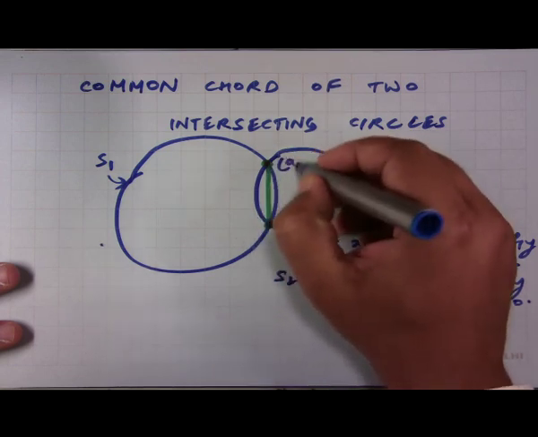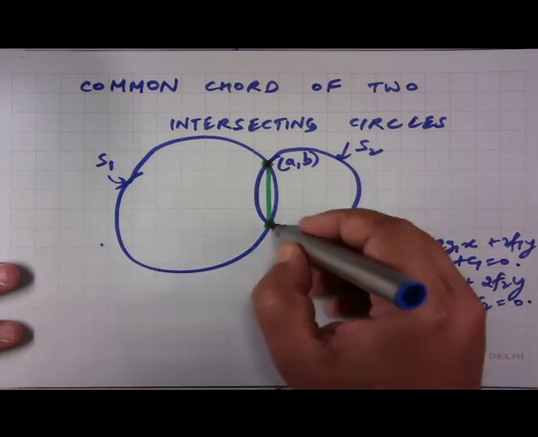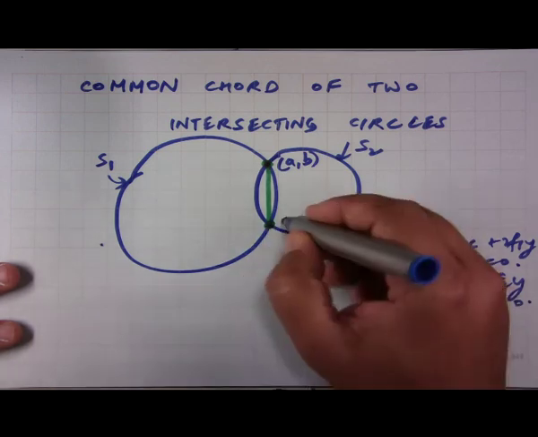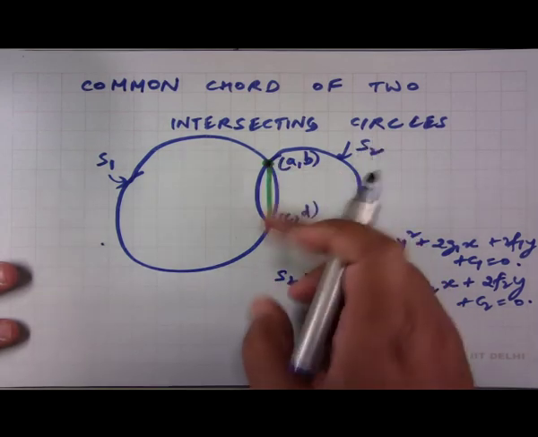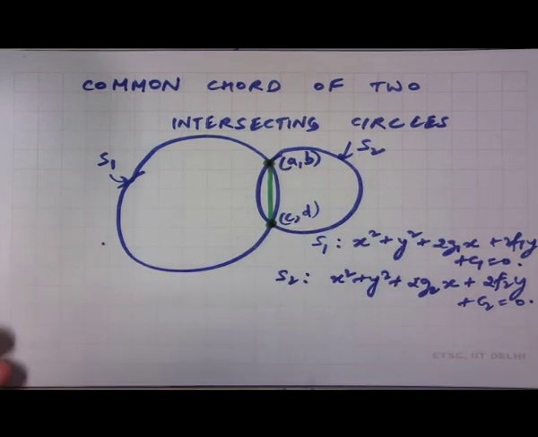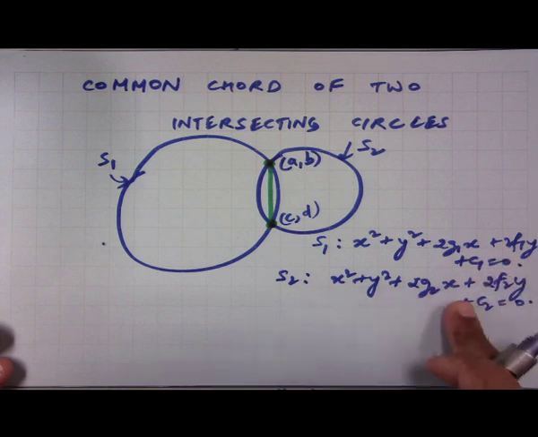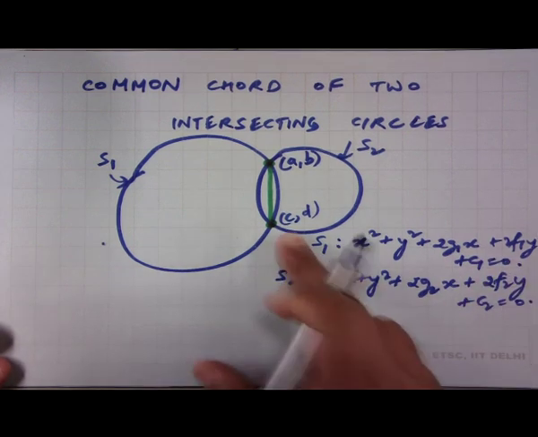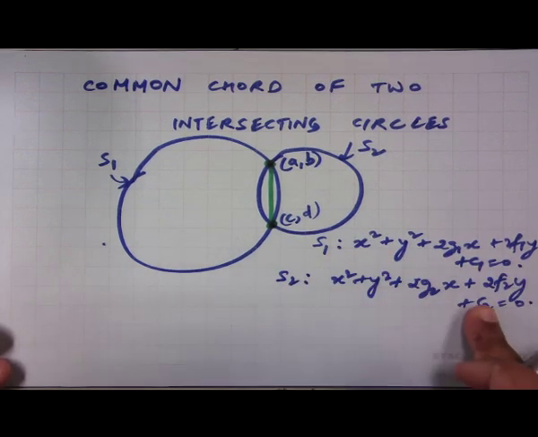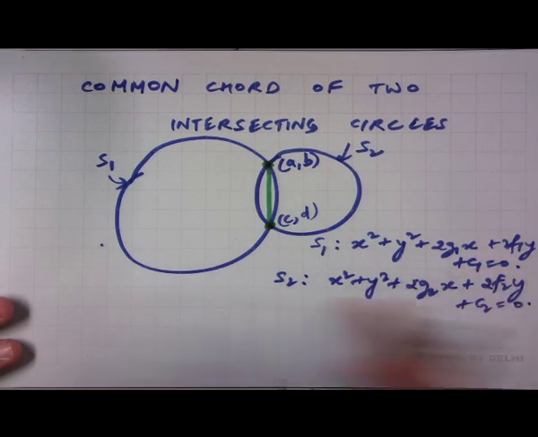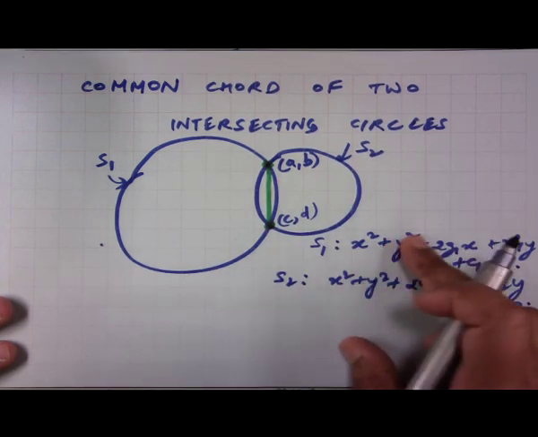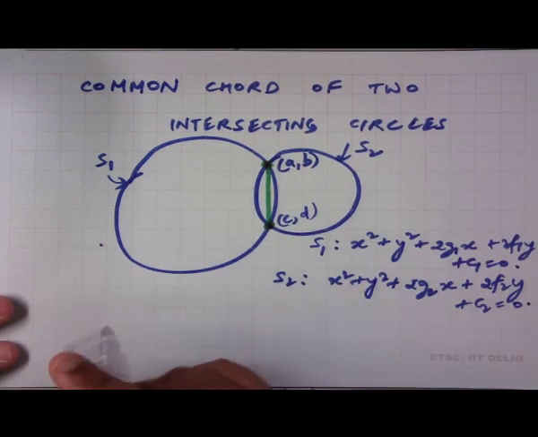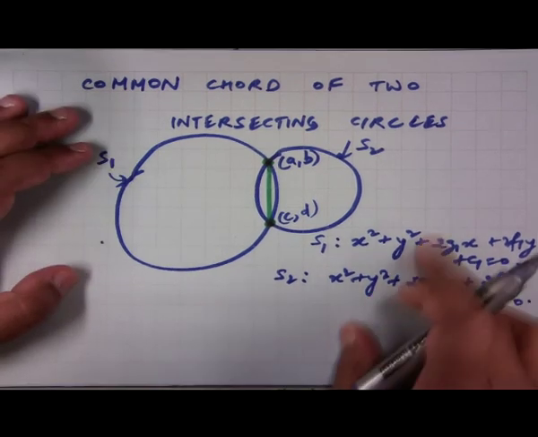for this point it is a comma b, for this point let us say it is c comma d. So, both these points a comma b and c comma d will satisfy these two equations. Now, because a comma b satisfies these two equations, it means that a comma b must also satisfy the difference of these two equations. So, when we take the difference of these two equations,